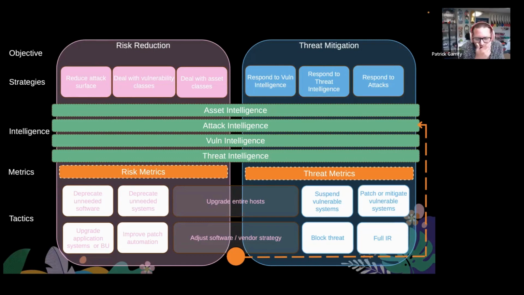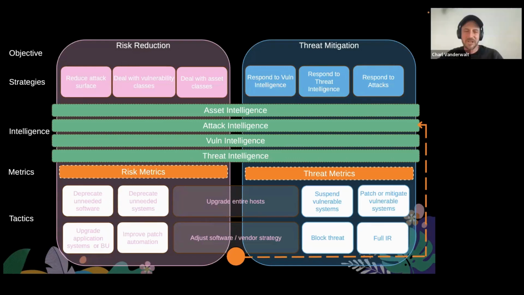Hey, so Charl, I think you created this, and this is an interesting perspective as far as looking at risk reduction and threat mitigation. Do you wanna walk us through this visual? Yeah, I must just caveat by saying I did it on Sunday morning at a coffee shop. This is not a particularly well thought through piece of work, but I can maybe introduce it with a follow-up comment on host